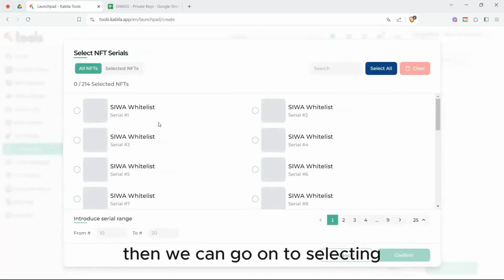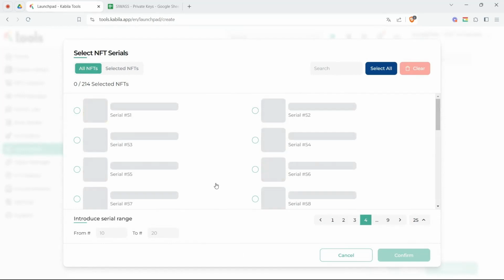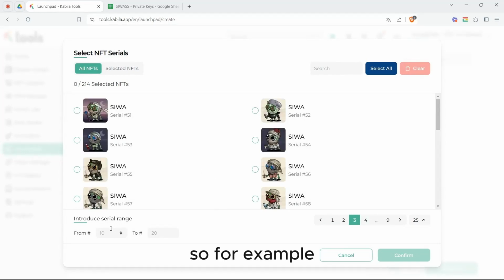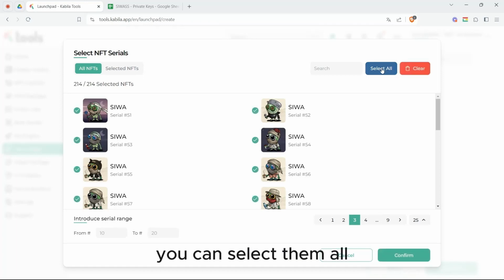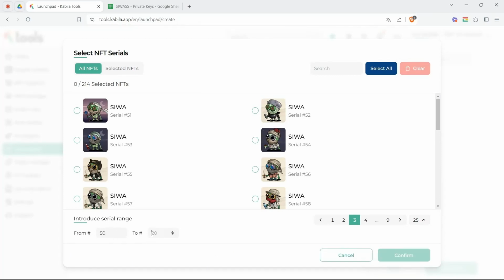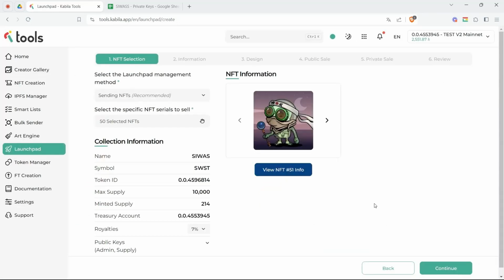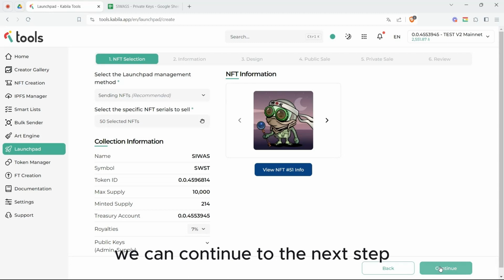Then we can go on to selecting the NFTs that we want to sell. So for example, you can select them individually, you can select them all, or you can select a range of serial numbers. Like so. Once you've selected the NFTs you'd like to sell, we can continue to the next step,